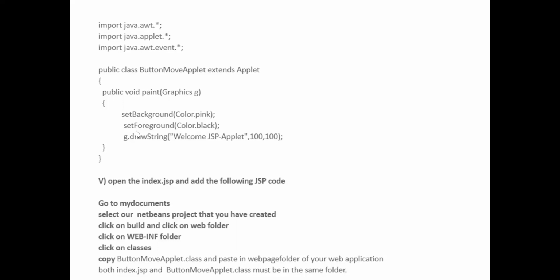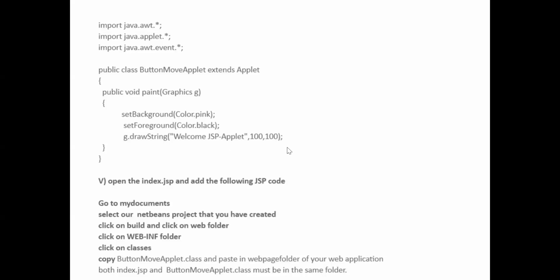So I can take another setForeground of Color.black, and I can write welcome JSP applet by using width and size of 100,100. So how will it be written? Just g is a Graphics, dot drawString, within the double quotes you should write the welcome JSP applet, 100,100. So this is the button move applet.